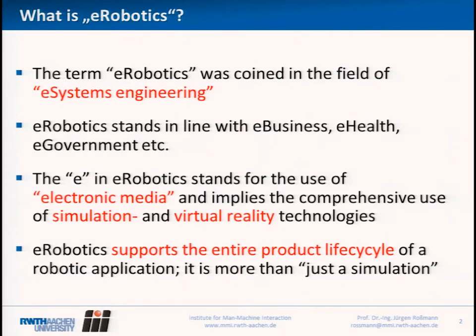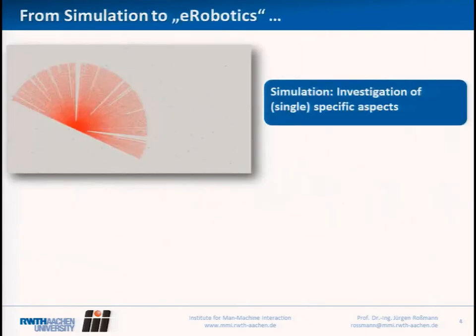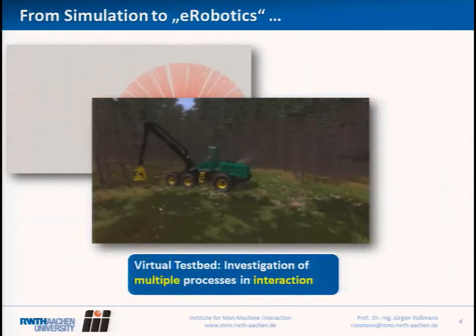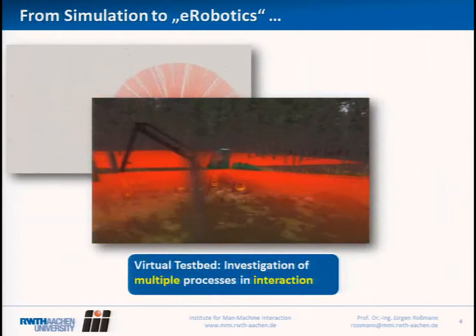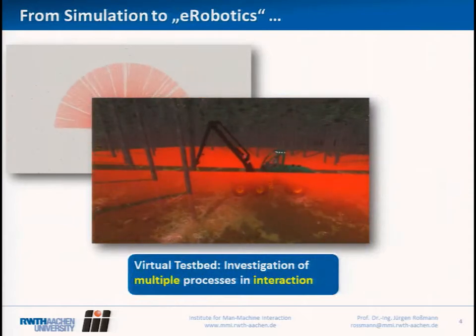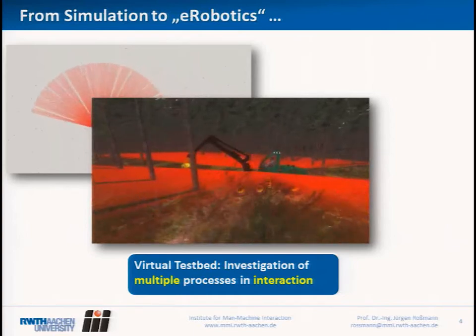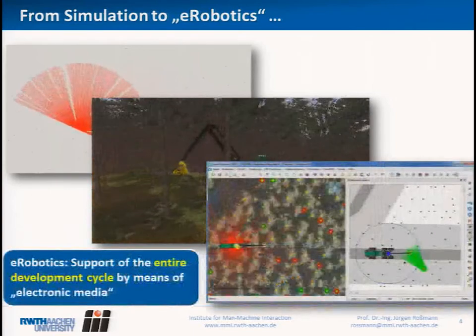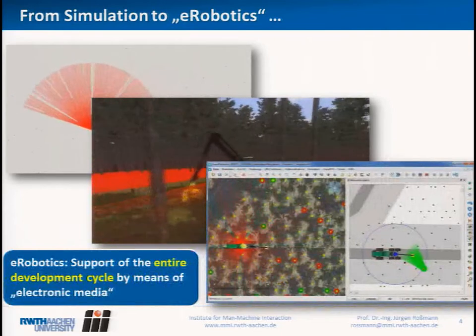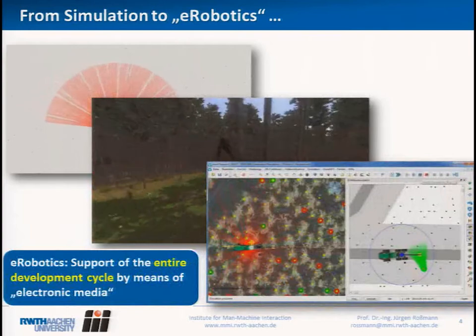But e-robotics is more than just simulation, because this is a simulation approach which usually focuses on one specific aspect. If you take this a bit further to a virtual testbed, you integrate various processes under one software hood, if you will. So this comprises rigid body simulation, sensor simulation, terramechanics, and so on. And if you add further capabilities like analysis and, on the other hand, commissioning and deployment support, then you are